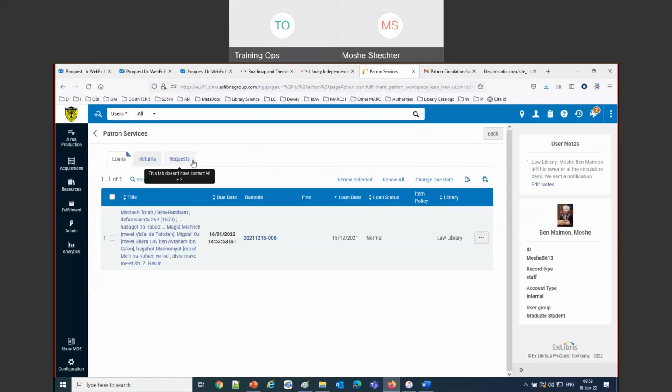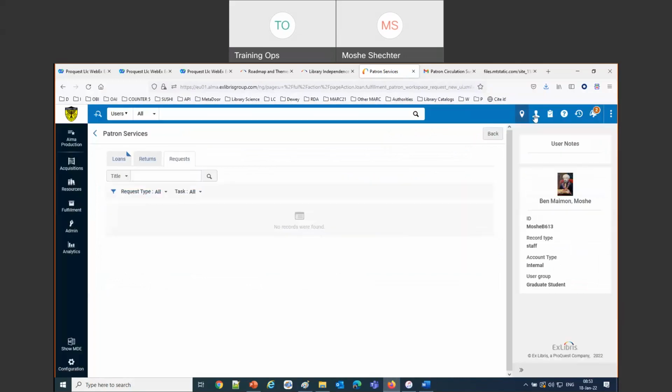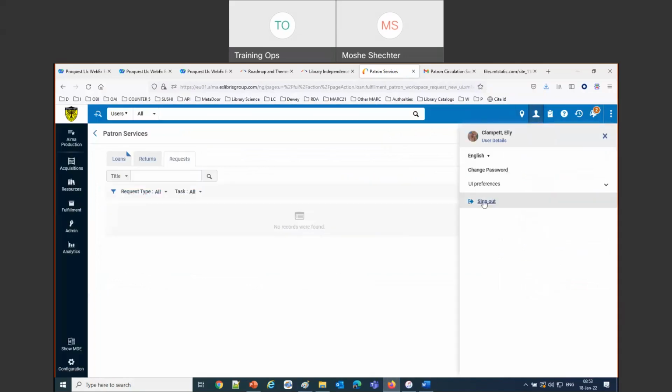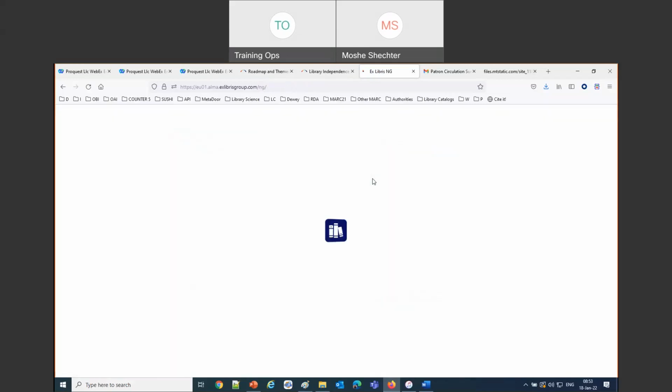First of all, there's no indication here that there are requests, and she doesn't see the requests. However, she logs out, and Jethro comes on in. He's associated with the medical library.